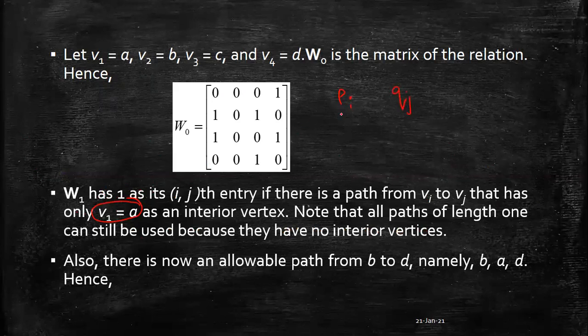I will take 2 terms Pi and Qj. Now in the W1 matrix, what I will do is place all the ones that we already have in the same position. So in the first row we have 1 over here, in the second row we have 2 ones, that is in the first and the third place. In the third row we have 2 ones again, and in the fourth row there is 1.